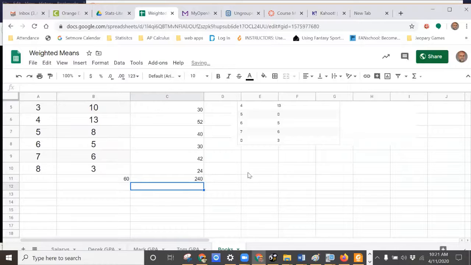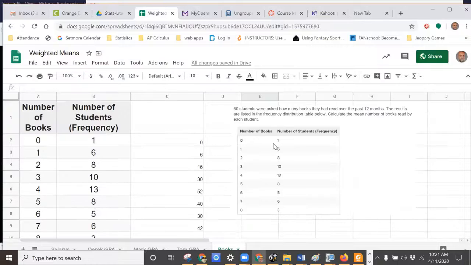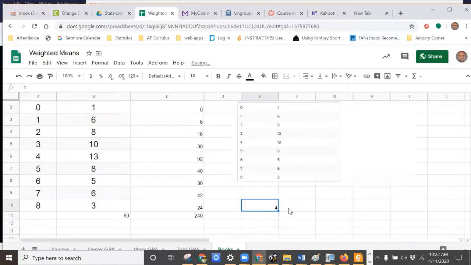And then I'll do that same thing for the number of books read. And then we divide them. So I think that's 3, but let's do the work. So equals 240 divided by the 60. So on average, oh, it's 4. Oh, it's 240. Yeah, 240 divided by 60. 24 divided by 6 is 4, isn't it? So on average, these kids read 4 books each in a year. Wow. So that's not very many. So that's how you do these weighted means with